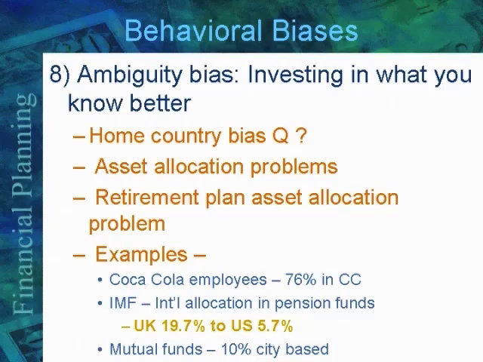We like to invest in things we know, and we don't like to invest in things we don't know about. So everyone has home country bias. If you look at the value of the US stock market to the world stock markets, it's about 45%. So in any proper asset allocation decision, your allocation to US stocks would be about 45 to 50%, or close to that in an optimal asset allocation. But most of us have about 85% of our stocks in US assets, US stocks.